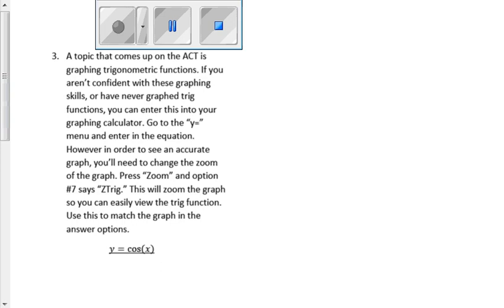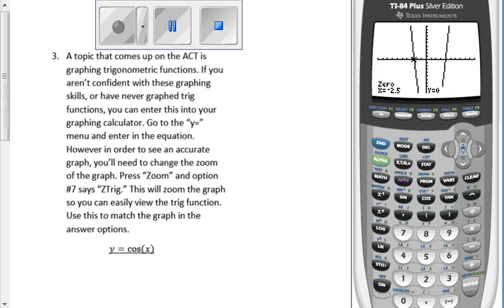One topic that comes up on the ACT is graphing trig functions. Some of you have seen this and some of you have not. But with your graphing calculator, all of you would be able to match a graph with the trig function that they give you. Again, we want to do graphing, so again, we're going to start with going to our y